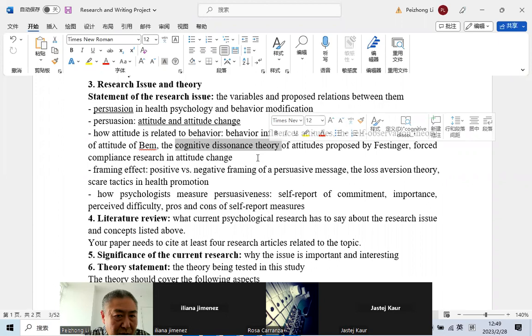Remember, in psychology 104, the last topic was on social psychology, and one of the most important parts of that chapter was the cognitive dissonance theory. Anybody remember the cognitive dissonance theory? Or Festinger? You have to look it up. This theory says that,